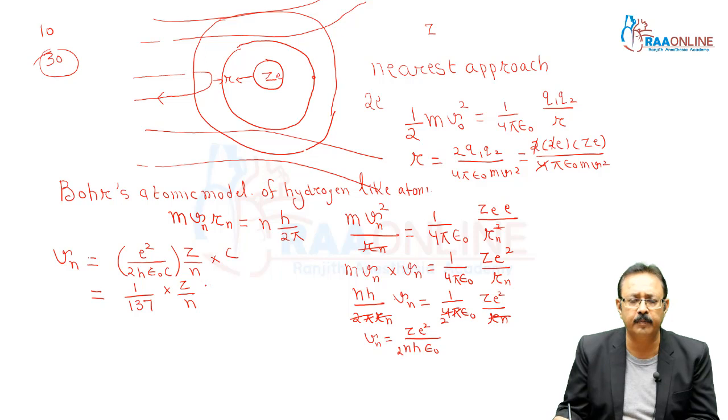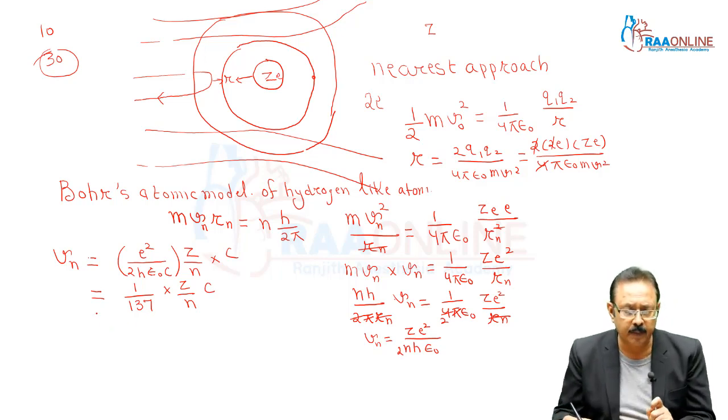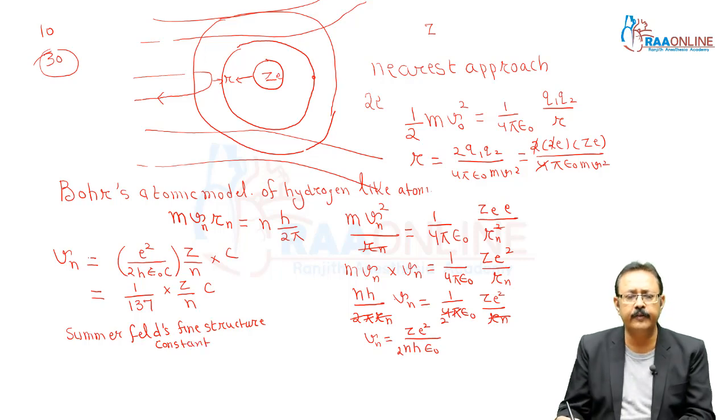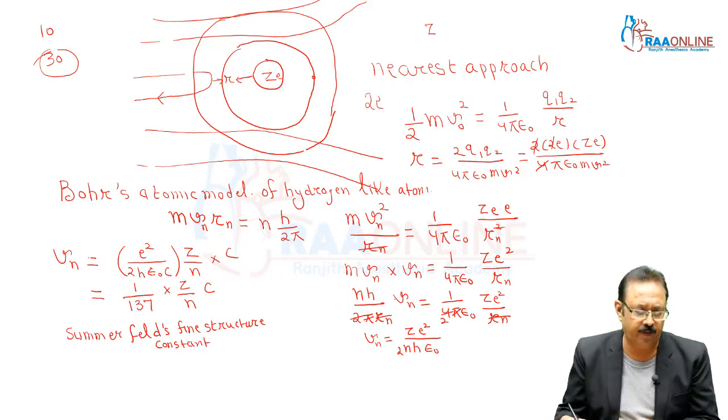See, this number is known as Sommerfeld's fine structure constant. It is the same for all. You can denote it by alpha. So Vn we are getting